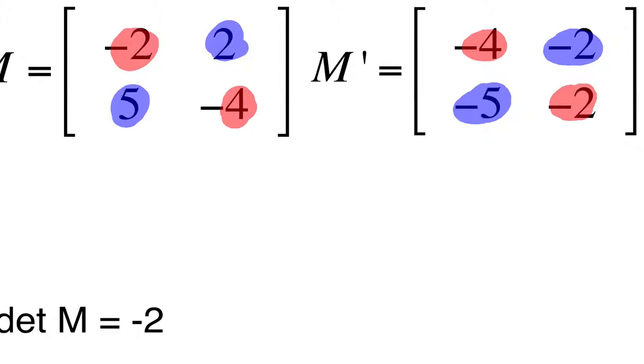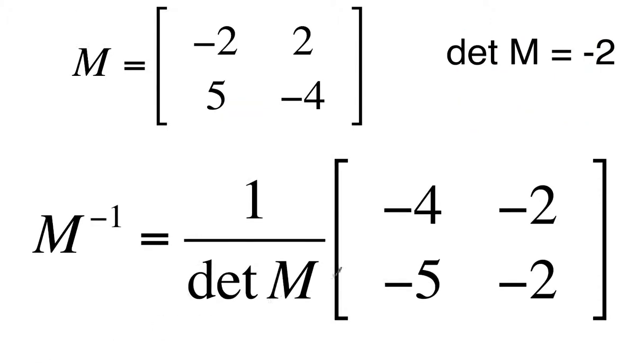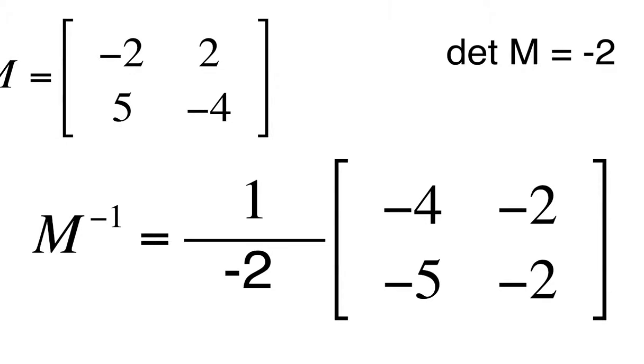Sorry, I misspoke. To figure out the actual inverse, you take that matrix. This was what I called M prime. That's how you say this when you have that little dash up there. You take this matrix and you multiply it times 1 over the determinant. So in this case, our determinant was -2. So 1 over -2 times this matrix where I've switched these two elements and changed the sign on those two,